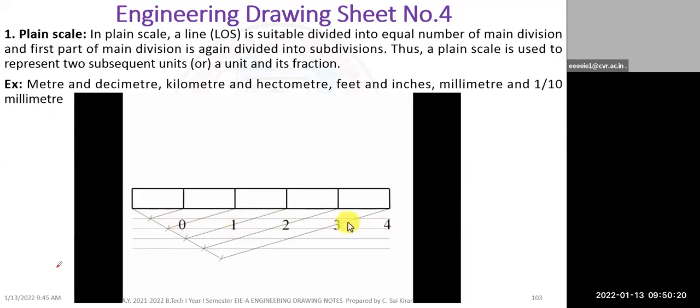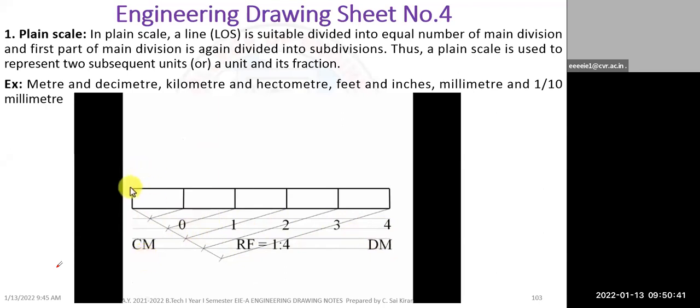Now to the right of 0, we have the main unit in the form of decimeter, and to the left of 0, we're having the subunit. And 1 decimeter is equivalent to 10 centimeters. We all know that. And somewhere over here in between, I'll be writing representative fraction RF that is equivalent to 1:4. That's it. To the right of 0, main unit decimeter. To the left of 0, subunit centimeter.